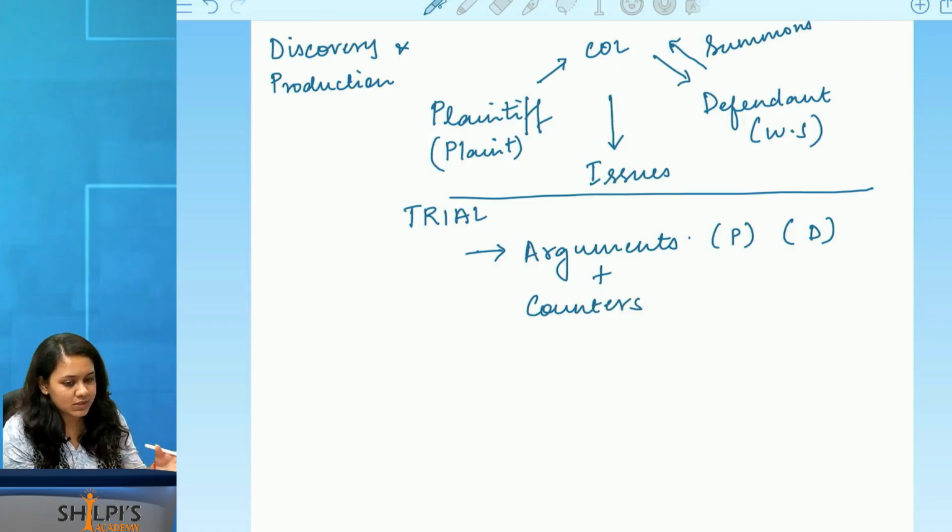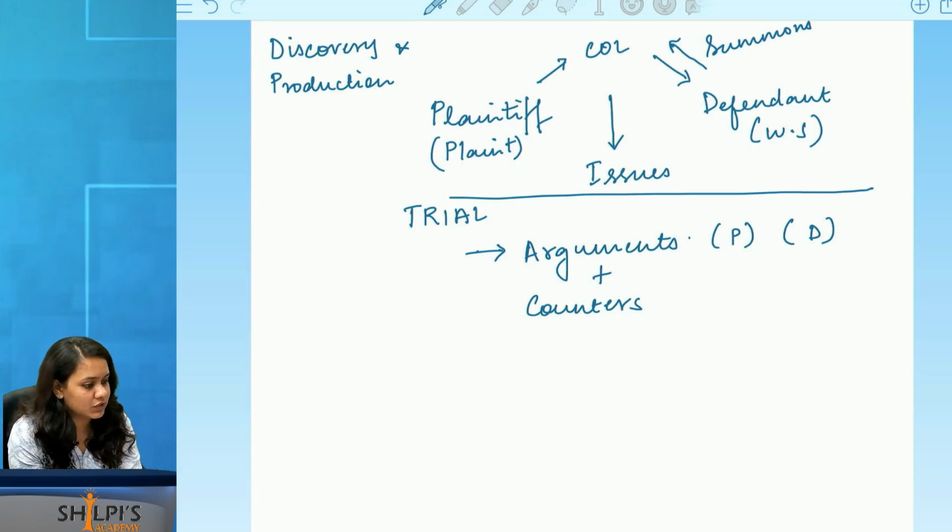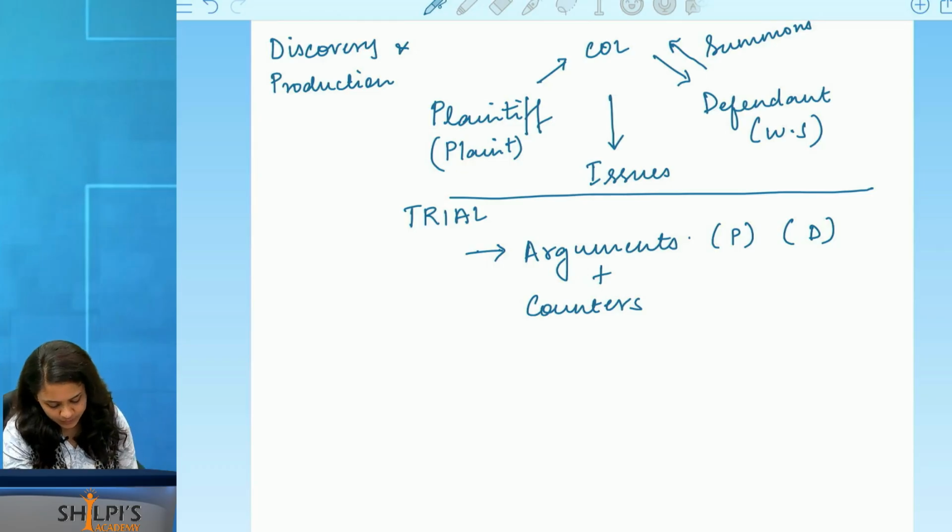It's a process. Plaintiff, defendant. Then plaintiff will have a chance to rebut the defendant. Defendant will have a chance to rebut the plaintiff. After that,